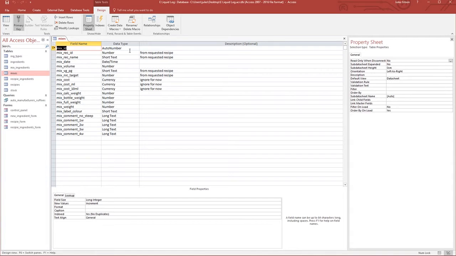We've got the ID of the mix, which is just a reference to this actual mix. Then we've got the recipe ID, which is going to be tied to the recipe ID in the recipes table, and that will come from the requested recipe. So when we click on a recipe and say, yeah, make a mix of that, it's going to pass over this ID so that we can get any of the rest of the data that we need from the recipe. So that will include things like the name, the VG-PG mix, the nicotine target, and maybe a couple of other